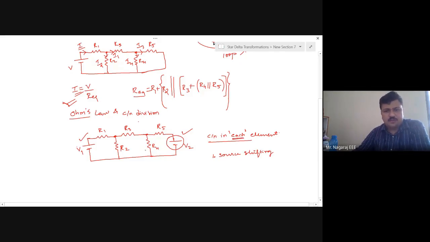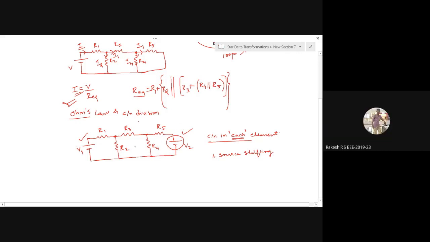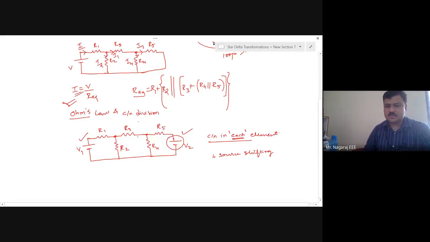If I take any circuit reduction technique, whether star delta transformation, series parallel combinations, taking R equivalent, or source shifting or source transformation, ultimately I should make sure that the positions, the values and the existence of each element are unaltered. So I cannot touch the geometry of the circuit. Is it? Yes, sir. I simply cannot touch the geometry of the circuit.